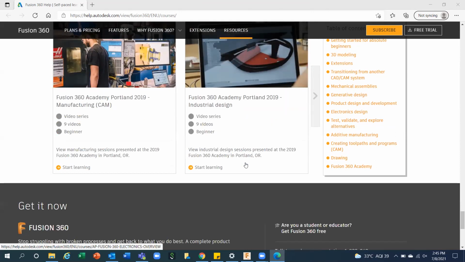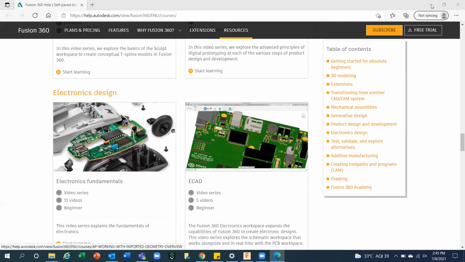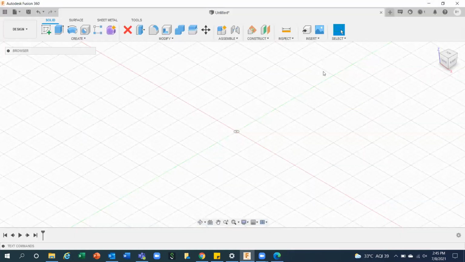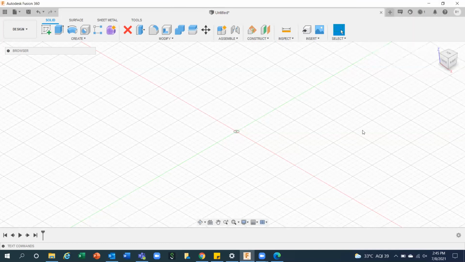Right? Is that clear? So anyways, I'm going to turn this off. This option you will be getting just near, before your profile name. There is a question mark tab. Just click here, go for learning and documentation, and click to self-paced learning. You will be getting all the videos. Just see the videos and you will be revising everything.